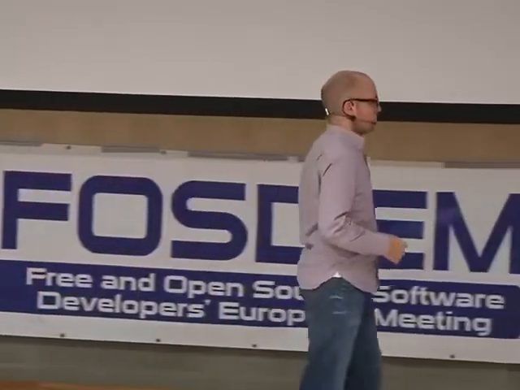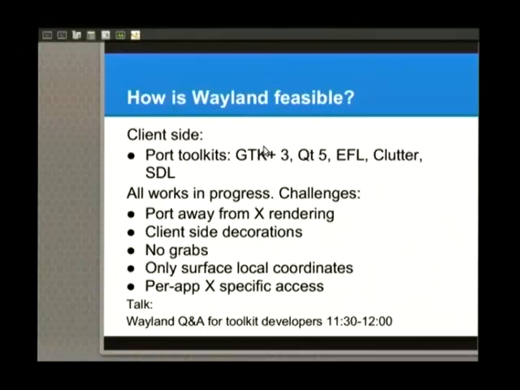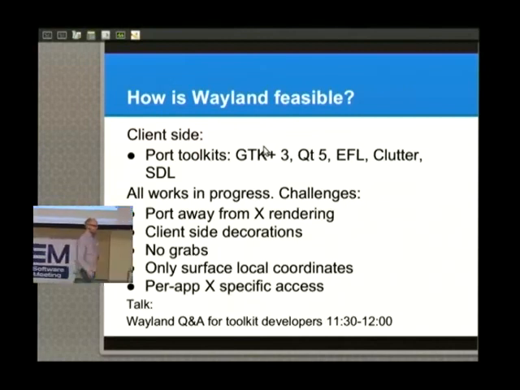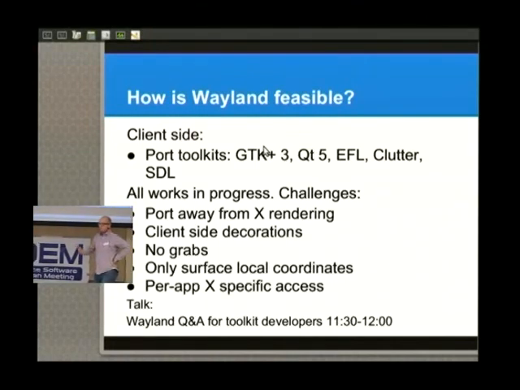The solution that we've come up with is that we can just tell the compositor that this window is a pop-up window, so please change the input delivery path to work like that while that window is visible. And when that window goes away, either by clicking outside or if the application closes it, we're back to normal. So there's no way you can get stuck with a grab where all input goes to one app that's not responding. But it does mean that we have to look through the toolkits and make sure that when they pop up a pop-up window, they do it the right way and get the input processing right.